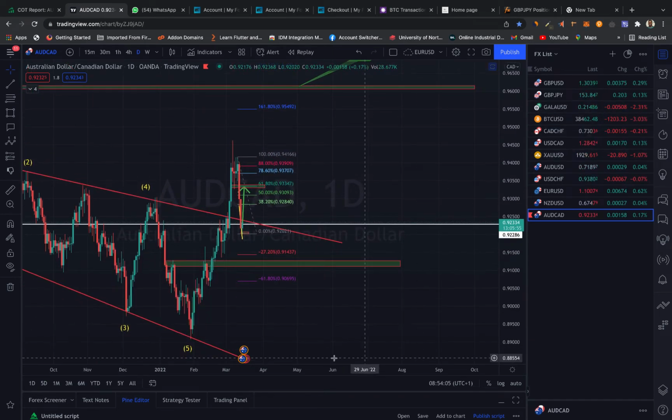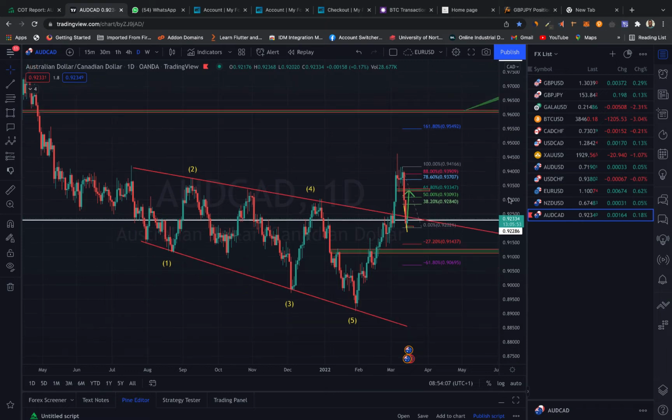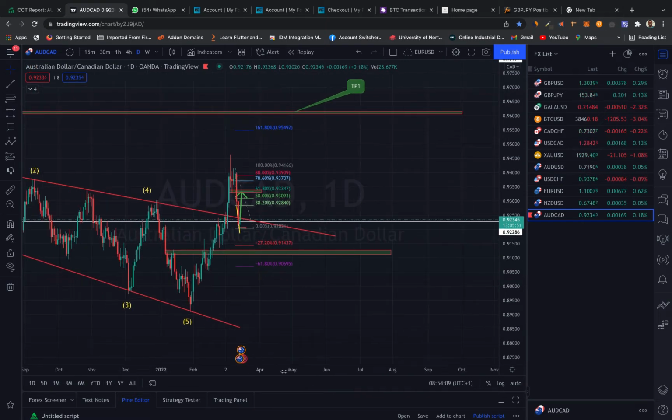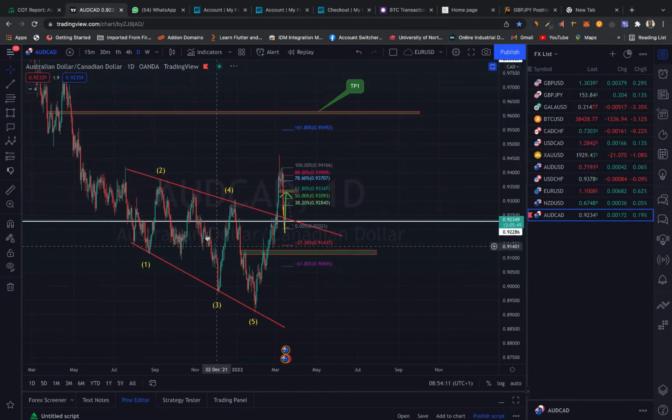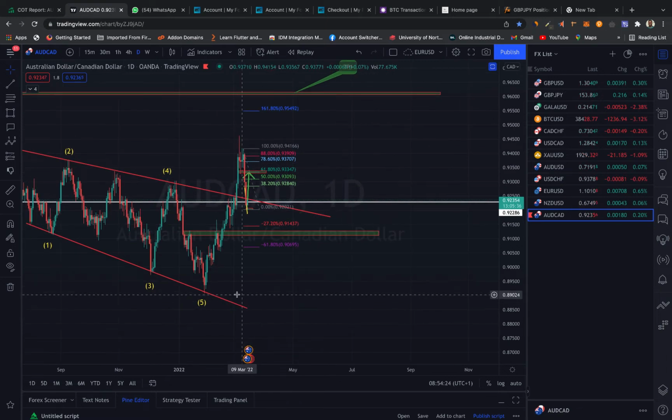All right, so on the daily, we see this nice pattern right here. You see your ending diagonal, your expanding ending diagonal right here. As you can see, the wave is already completed: 1, 2, 3, 4, 5, and of course you have an impulse, boom, which moved all the way up here